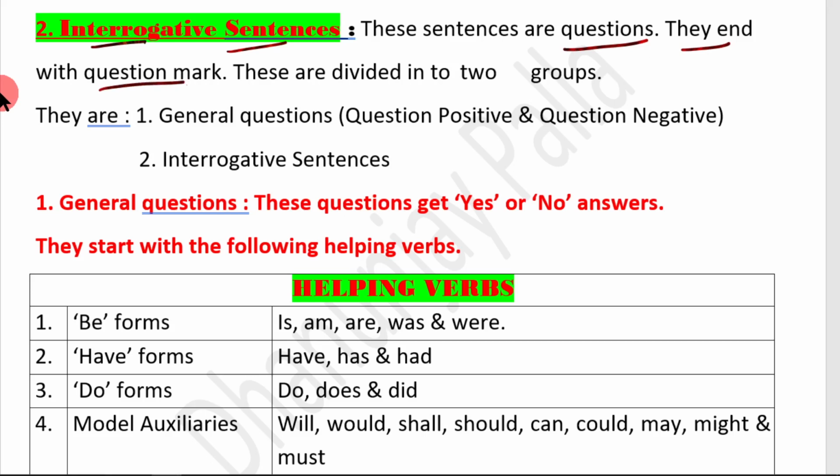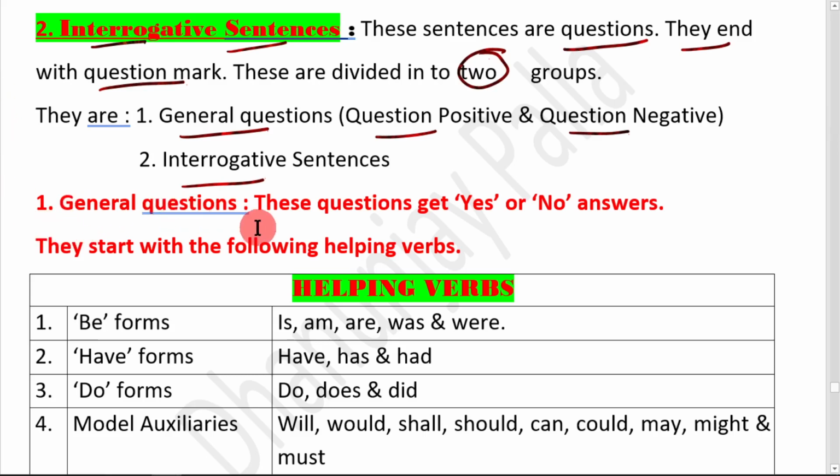These interrogative sentences are divided into two groups. Okay, they are general questions and interrogative questions. General questions begin with a helping verb, end with the question mark. They are called question positive and question negative sentences. Interrogative sentences begin with the question word, end with the question mark. They are called interrogative sentences. Okay, now I am going to explain to you